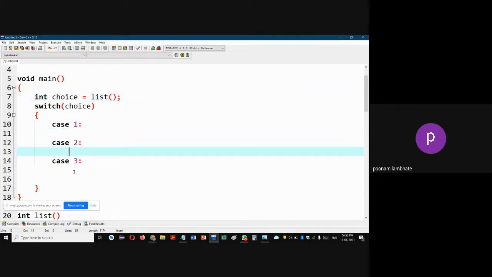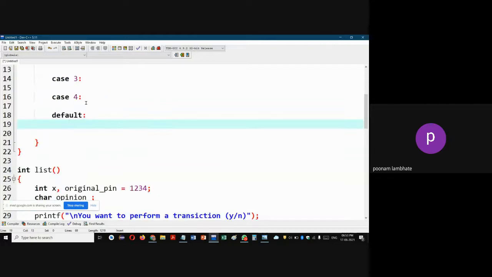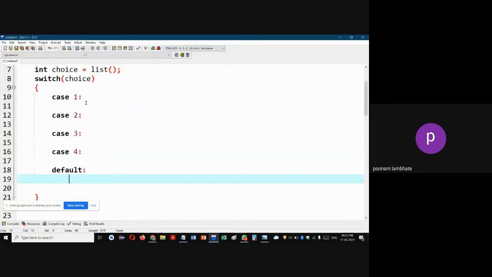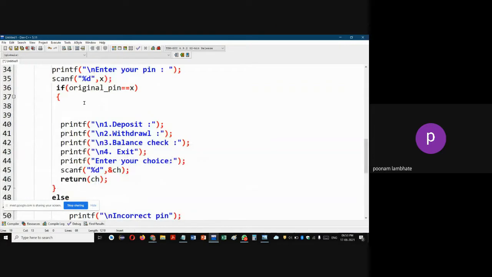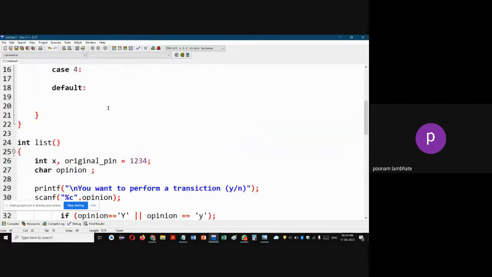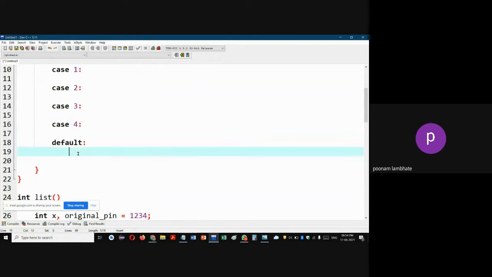Similarly, case 4 for exit. Okay, let me write case 4 also. And case 5 is your default case. Okay, write default. And what will be the possible here? If 1 is not returned, 2 is not returned, 3 is not returned, 4 is not returned, then it is a choice which is not available in the menu. User has entered wrong choice. Only 1, 2, 3, 4 choices are available. Suppose he enters 5, then return 5 will happen. Then choice will be equal to 5. And choice 5, there is no execution for that. So default cases, you can write